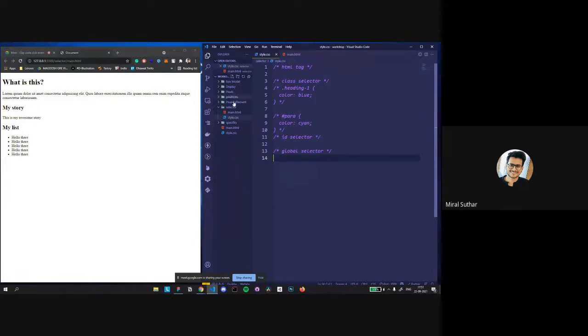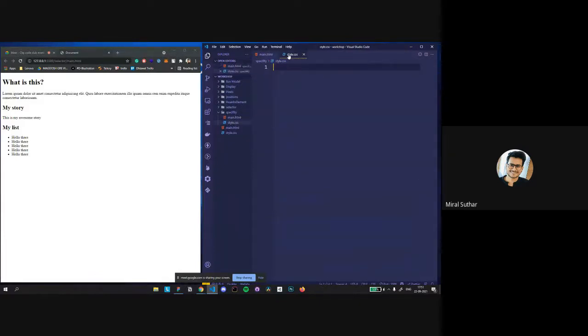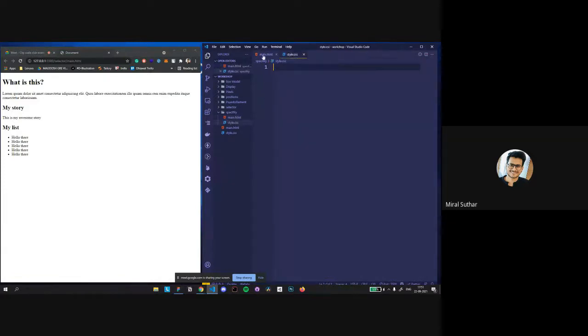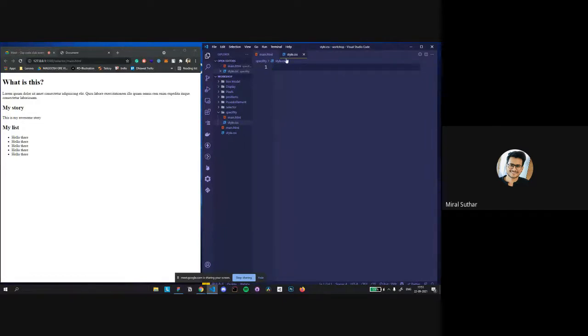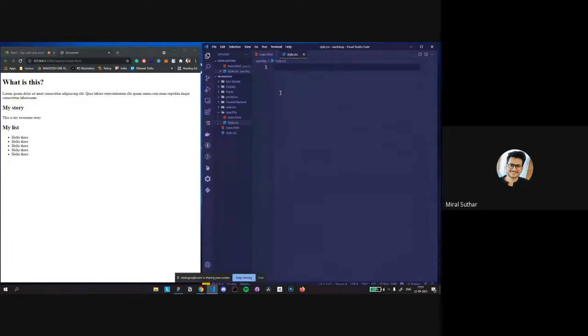Now the specificity. What this means is how the HTML tag selector, the class, the ID and the global selector are prioritized, and which one gets selected in the end. Like I have the class heading over here and I have an ID over here. First let's start with the main one, the H1 element tag.